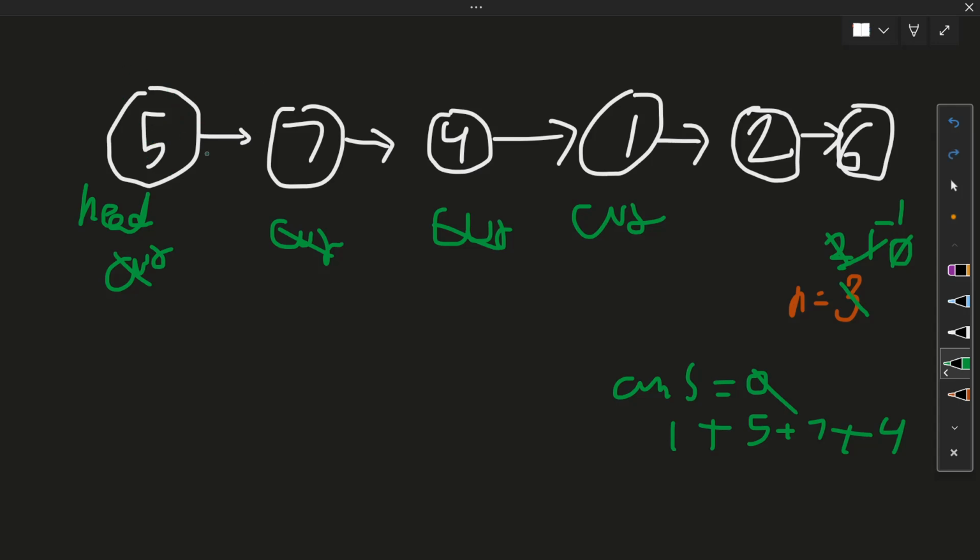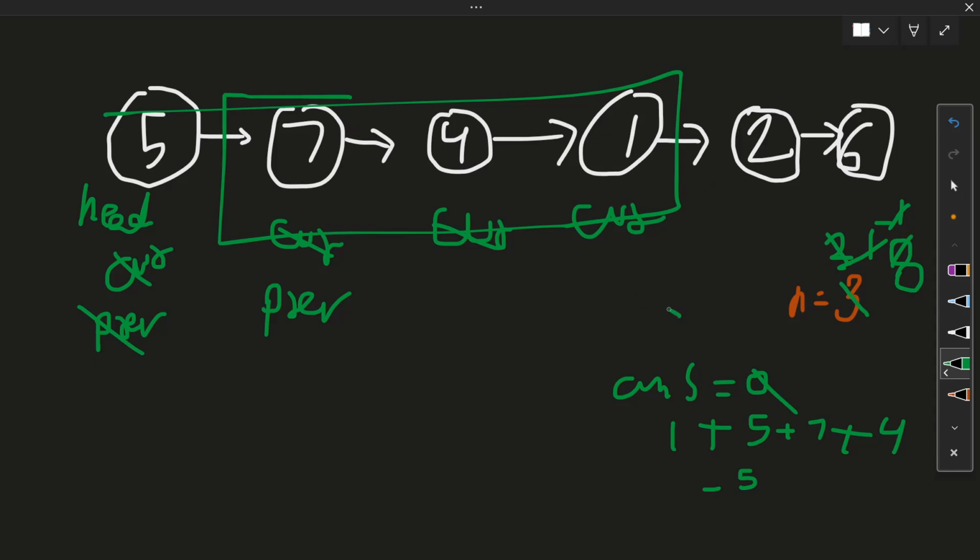So what I will do is, I have another pointer, previous, pointing to head initially, and when n reaches a negative value, n is negative in this case, so we just decrement this value. So I have minus 5 here. So now previous jumps to the next value. As you can see, our n becomes positive. So we have taken the summation of these three values.